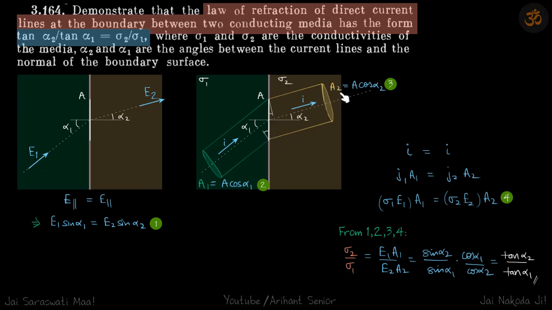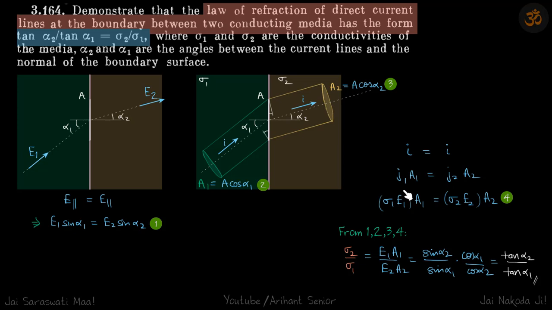So again, why are we bothering with areas? Because we need to bother ultimately with the current densities, and with current densities we need to deal with areas. So these are our two more equations, and now our final equation is the current coming in is the same as current leaving. So I is equal to I, and the initial current coming in is J1 into A1, and J I can write as sigma into E. So this becomes sigma 1 E1 A1 is equal to sigma 2 E2 A2.